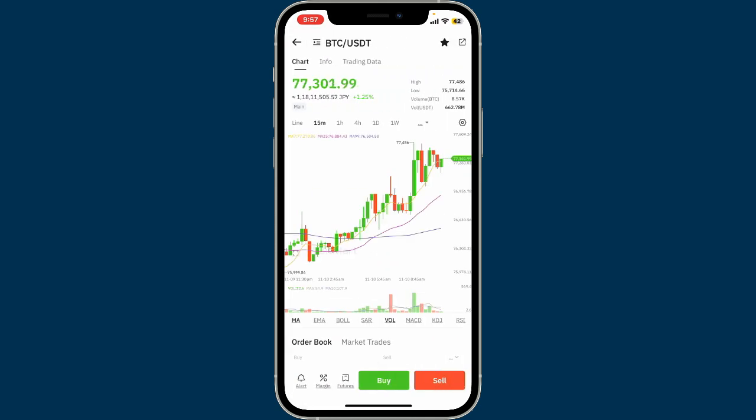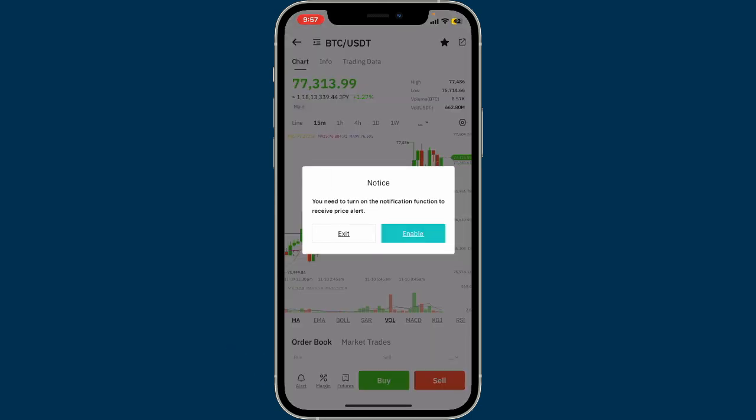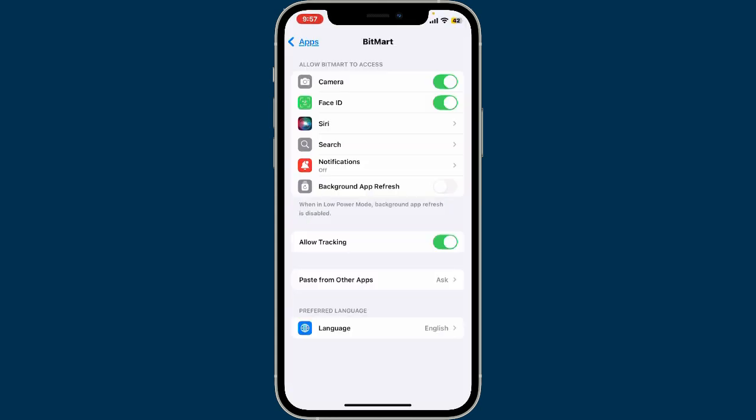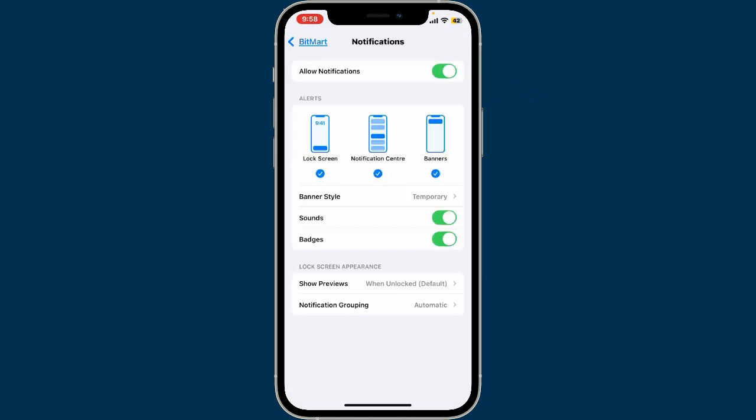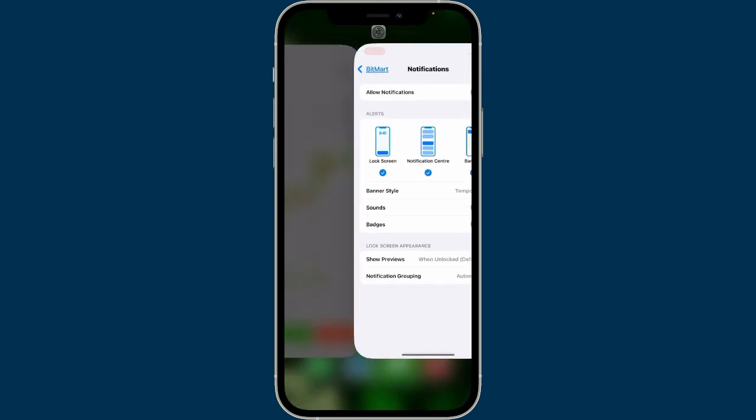After you open up this chart page, go ahead and tap on the alert button at the bottom left corner. In order to turn on price alert, you will need to turn on the notification function. If you haven't done that, tap on enable to turn on the notification first. Now you will be taken to your device's notification setting page. Tap on notifications and toggle on the button right next to allow notification, and after you do that, get back